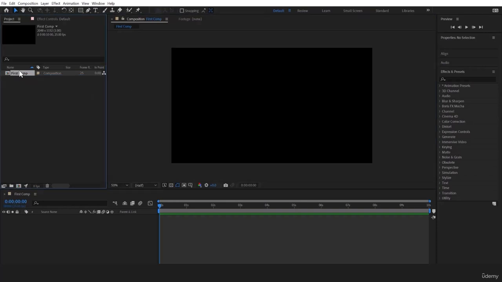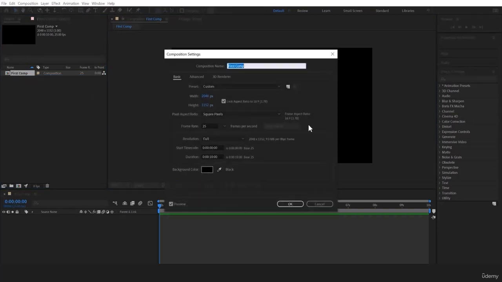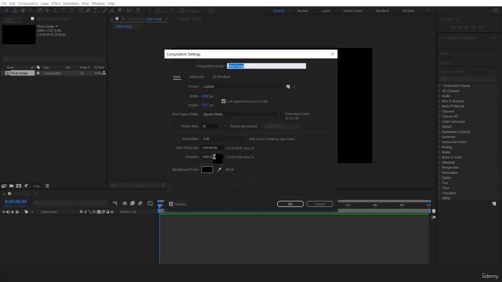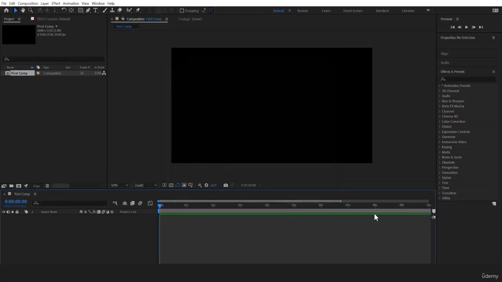The shortcut for that is Control K. K stands for kangaroo. Over here you'll be able to change the FPS as well as the resolution, the color, and the duration. Suppose you have made a composition which is 10 seconds, and later on you wish to make it 15 seconds. Just do Control K as I just did and set duration to 15. Right now, if you see over here, the cursor which is at 10 seconds will be increased to 15 seconds. So right now if you see 10, 11, 12, 13, 14 and 15.